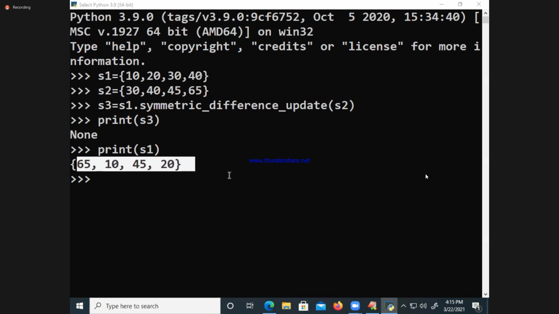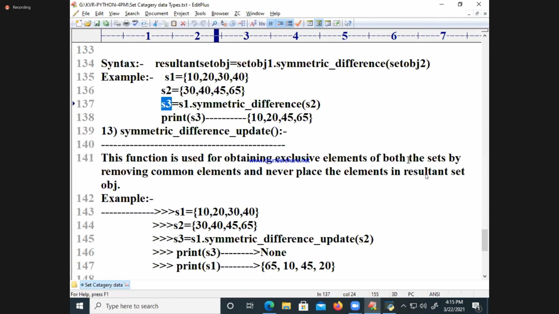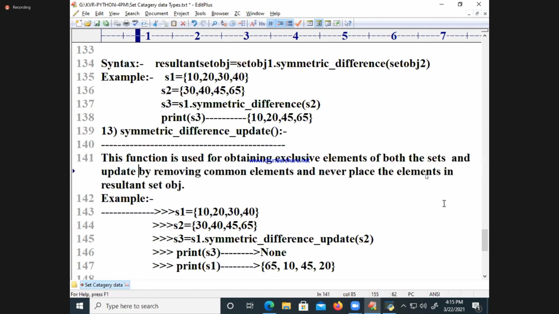Are you getting? So here this function gets exclusive elements of both the sets and is updating which one? Updating the source set object. Right, write down.